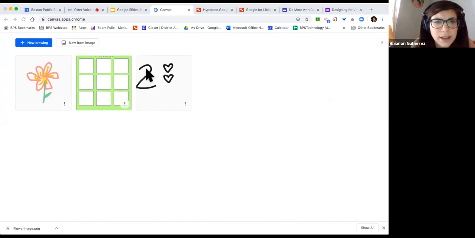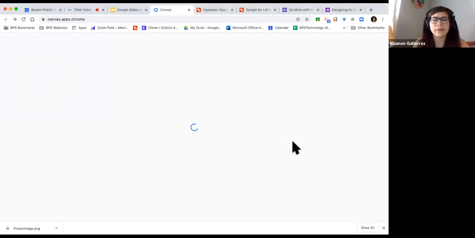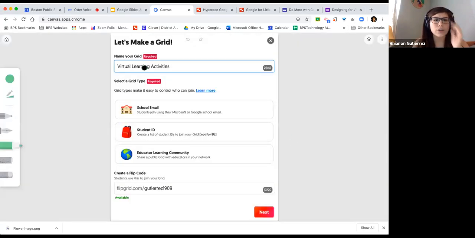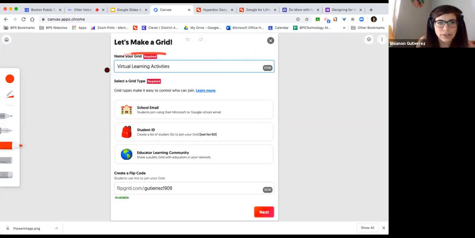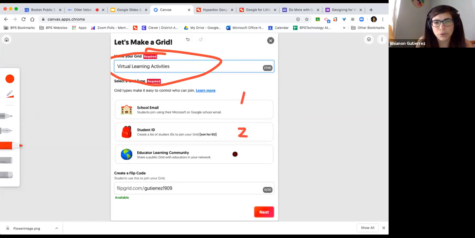Let me see. I have maybe a screenshot of something here. I don't know what this is. Here it is. This is on how to make a Flipgrid. So you could use this and even do like how-to tutorials for people, because people might be like, where am I supposed to click? This is a great way to do that. You can just circle this. And you can go step 1, 2, 3. You know, you get the gist.